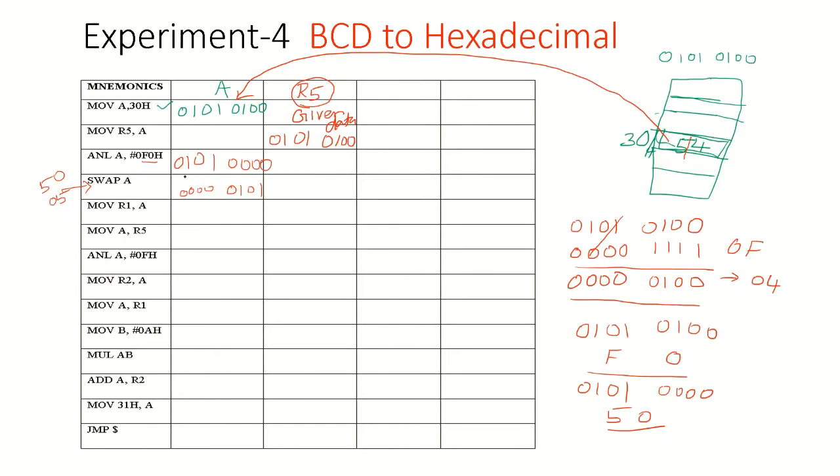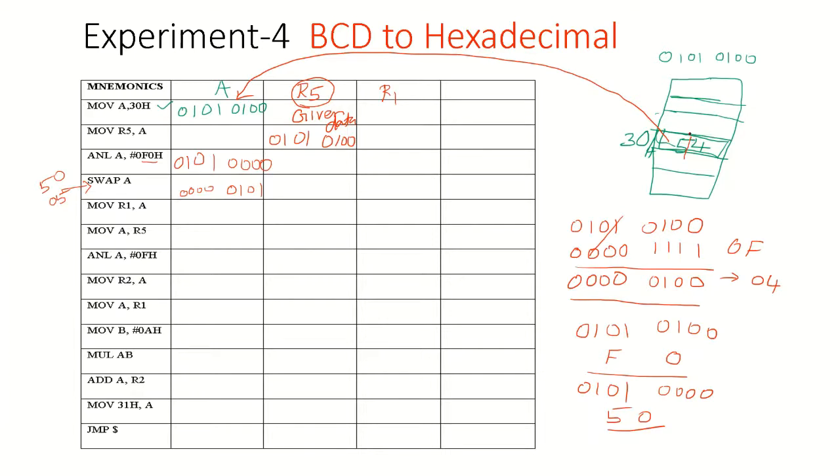Now whatever is there in the accumulator is moved to register R1. We are taking one more register called R1, which means in this register we are storing the result which is in the accumulator now. What is in the accumulator? This is the higher byte of the given number. What is the given number? 5 4, right?